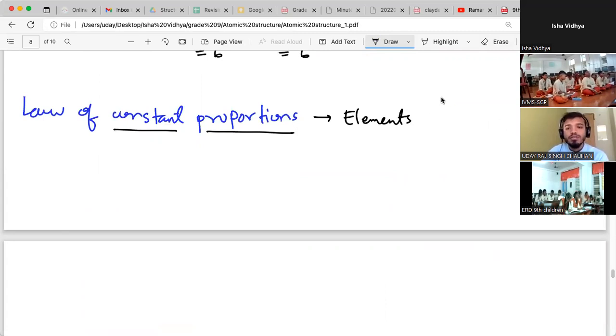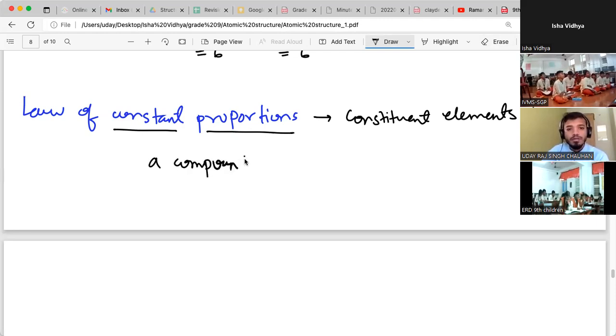I'll write it differently. Constituent elements in a compound are in a fixed ratio,